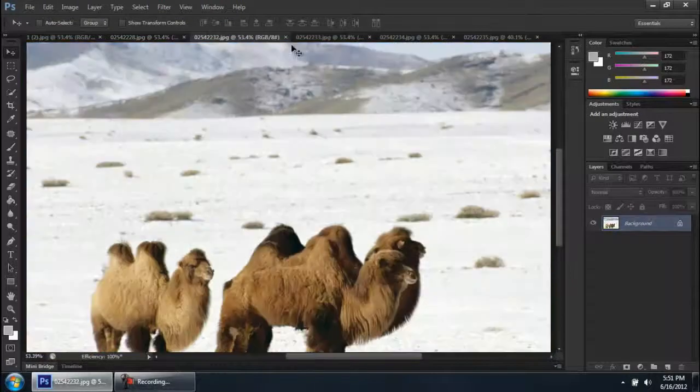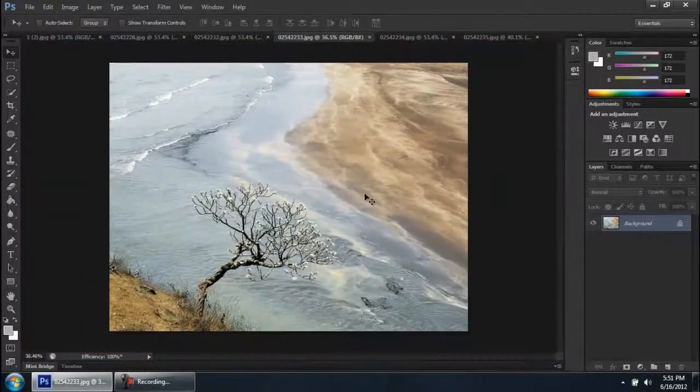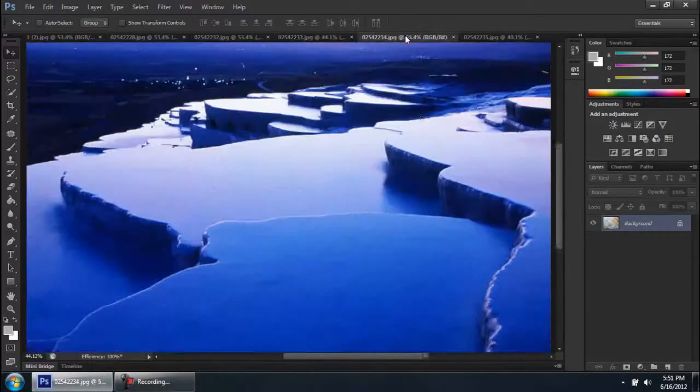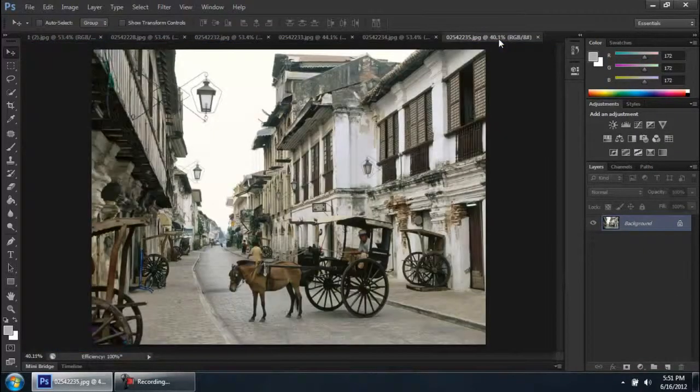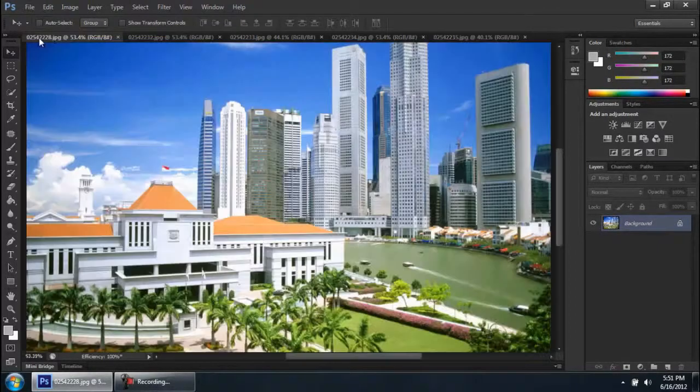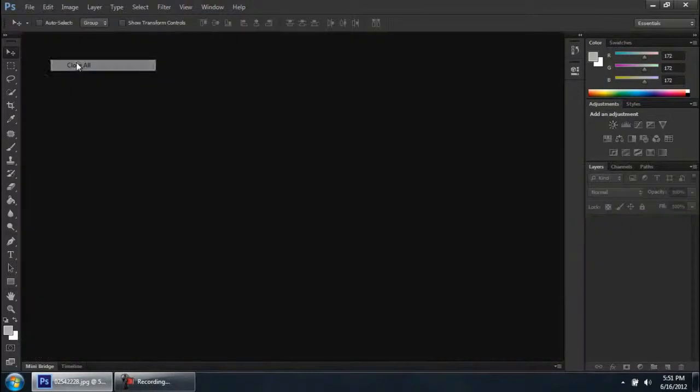Now he may be using Adobe Camera Raw for this option, but I feel that Adobe Photoshop also has a few options that can get the work done. For that reason, I'm going to close my entire thing. I'm going to right click on one of the images and choose close all, which will